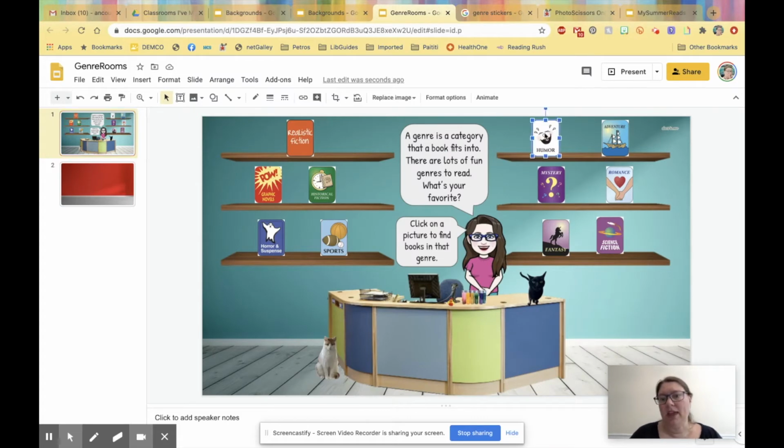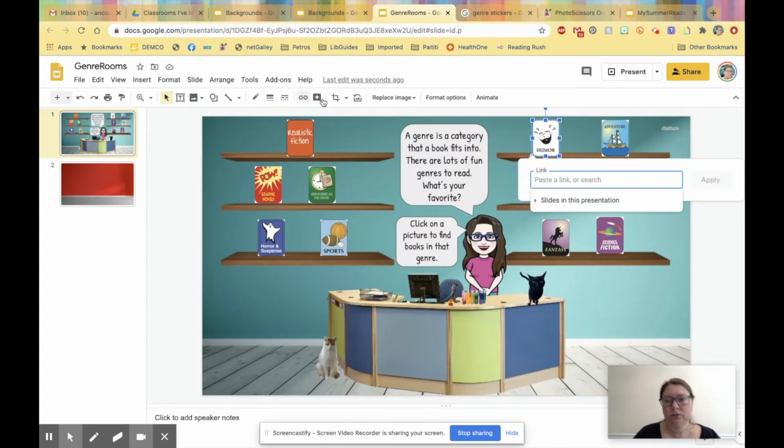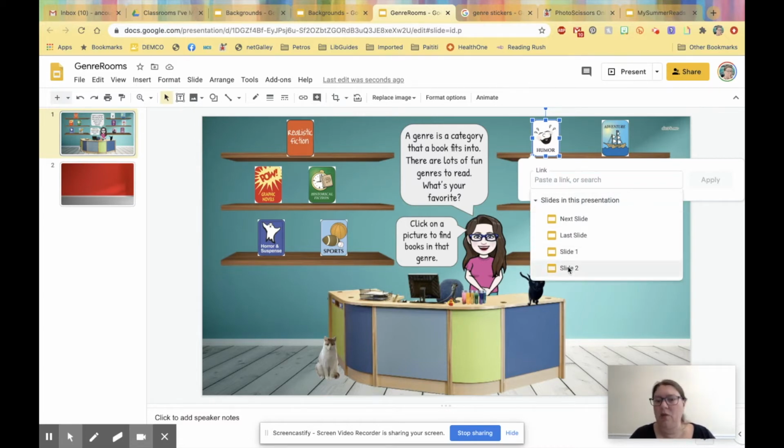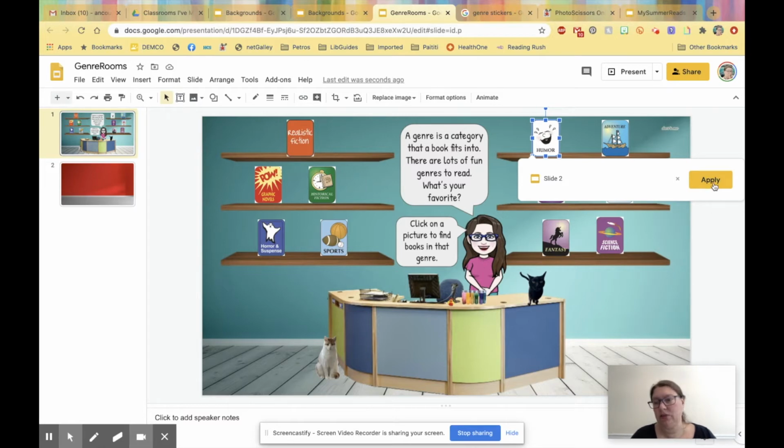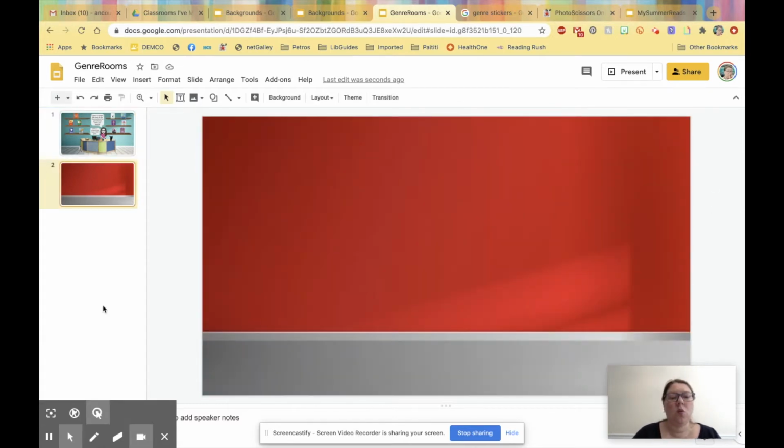I'm going to click on my humor sticker and up here is this link. All right, and I'm going to click on slides and presentation and I want it to link to slide 2 and click apply. Now, if I didn't already have all of those rooms and backgrounds set up,